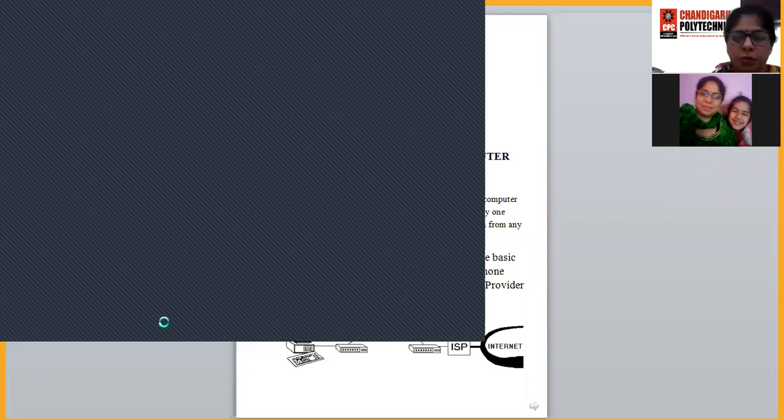The first option here is to connect to the internet, which can be done in three ways: wireless connection, broadband connection, or dial-up connection. Second option is to set up a new network. Third option is to manually connect to a wireless network.